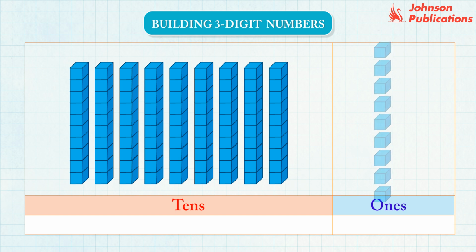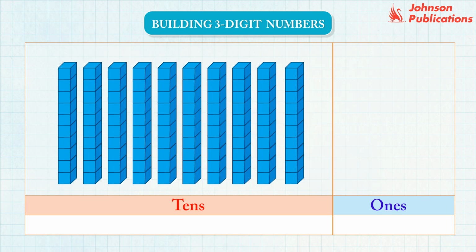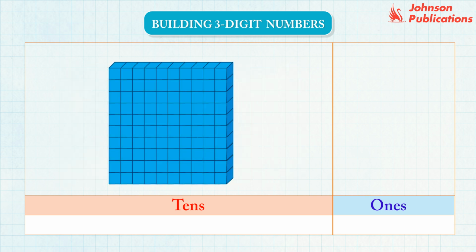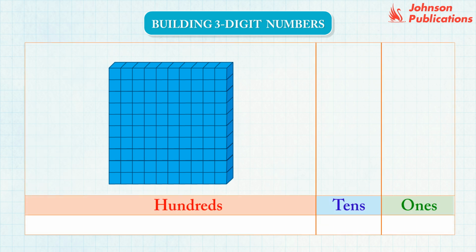9 blocks of tens and 9 blocks of ones make 99. Now, observe what we get when we add 1 to 99. 9 tens blocks and 9 ones blocks make the number 99. If we add 1 ones block here, then there are 10 ones blocks. 10 ones blocks make 1 tens block. We shift that here. There are 10 tens blocks. These blocks join together to form a hundreds block. So, we get a new place in the place value system, and that is the hundreds place.